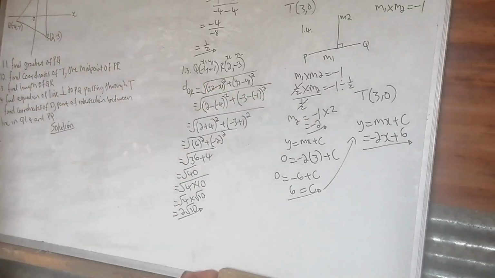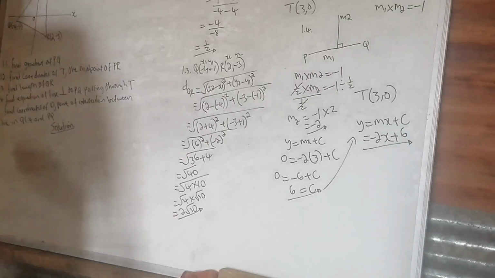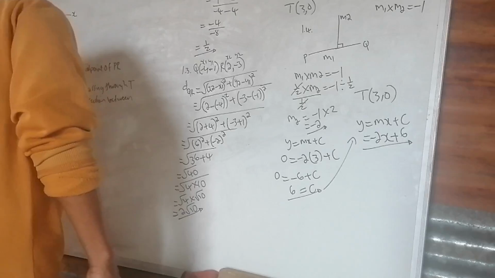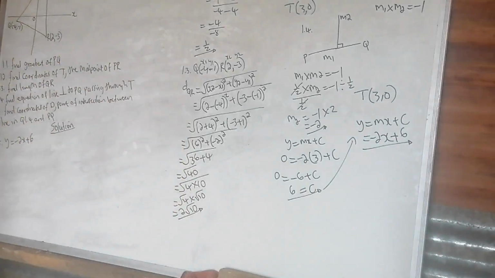The equation of the line in 1.4 is y equals minus 2x plus 6, and then we also have PQ. Find the coordinates of D, a point of intersection between the line in question 1.4 and PQ. About the point of intersection,